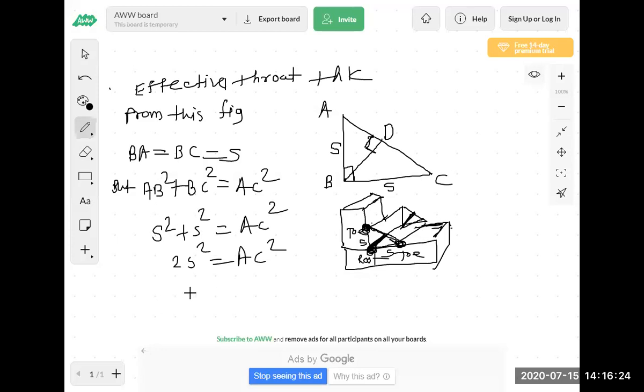Now AC is equal to, if we take the square root, under root 2S. Are you getting? The value of AC is under root 2S. Are you getting?